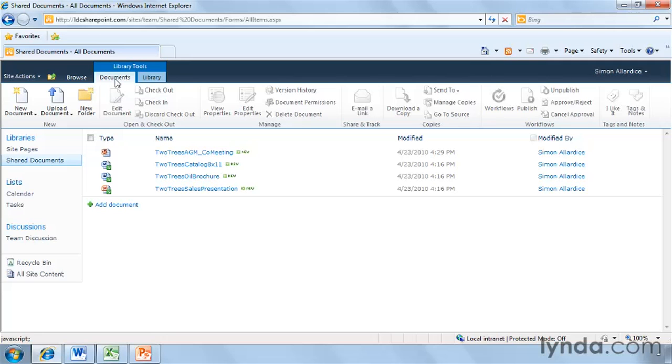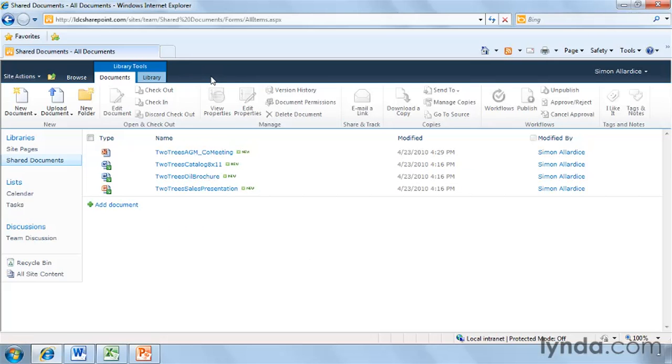So what can I do with it? Well, many of these options are the same things you'd have on different screens and different menus in SharePoint 2007. They're just meant to be now right in front of your face and much more accessible. You'll see that a lot of these options are grayed out. They don't seem to be clickable, and that's because it really cares about what you have selected in this library. It doesn't make any sense to click the option that says Edit Document if I actually don't have a document